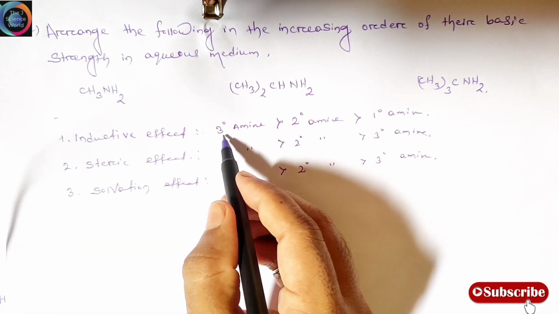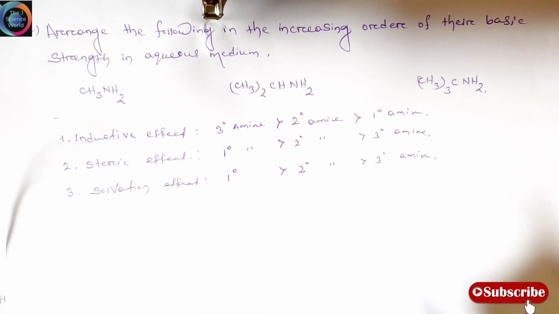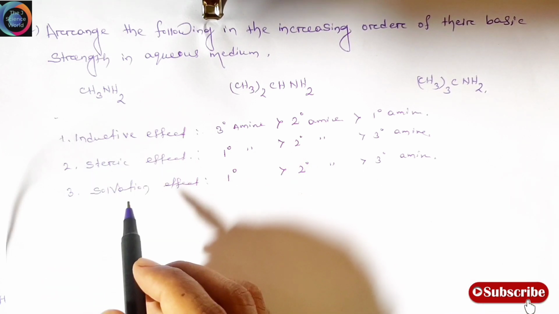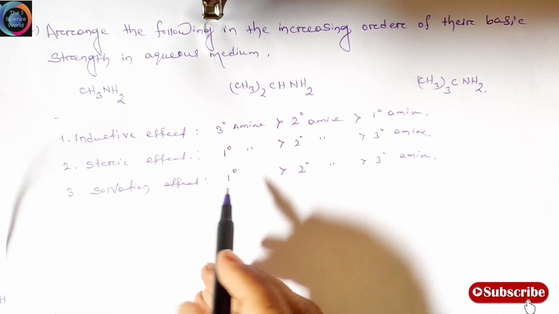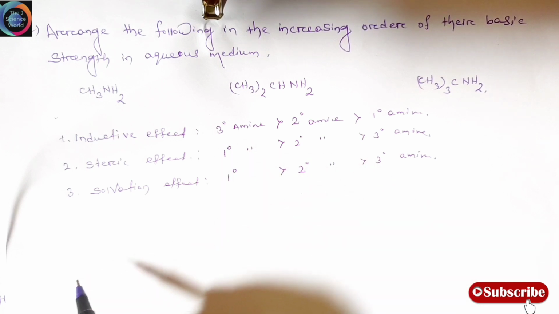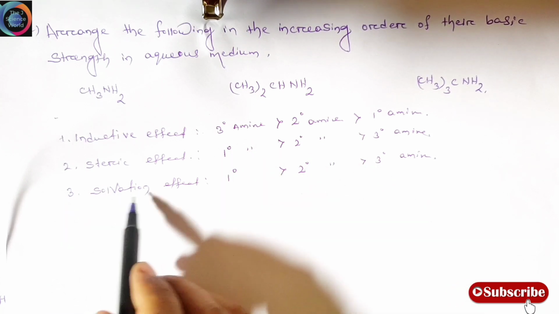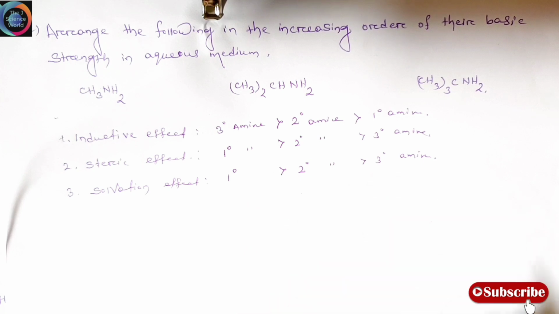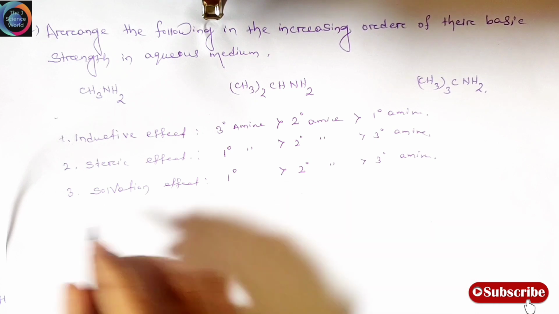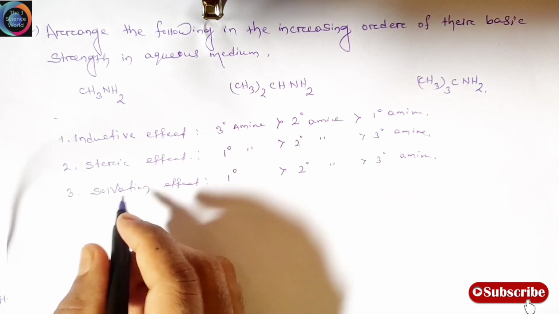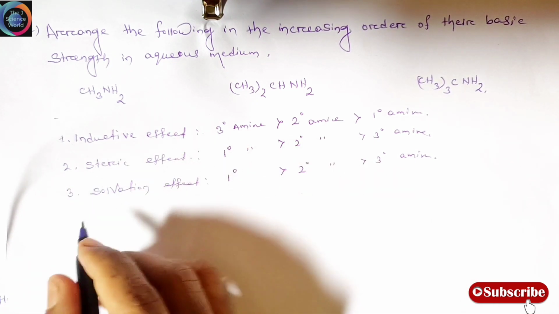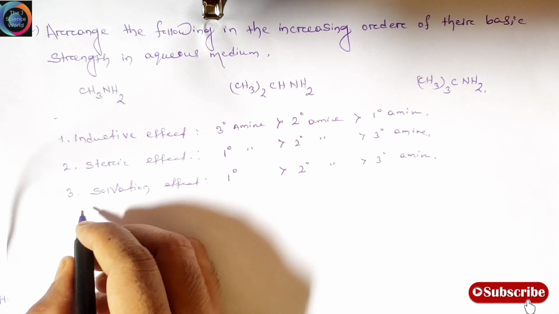Friends, in the case of the inductive effect, the more basic amine is the one that donates its electron pair easily. But in the case of steric hindrance, it is the cloud of groups. In the case of solvation, it is the attraction of hydrogen atoms. Friends, it is not possible to discuss this in a single video. We will discuss all of it in the next video. But friends, when we add all three factors, we conclude that